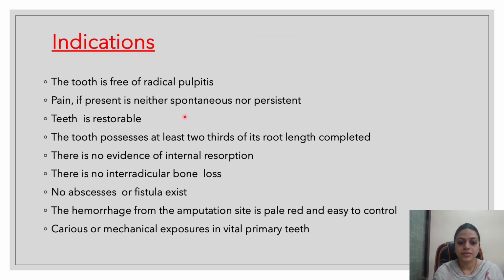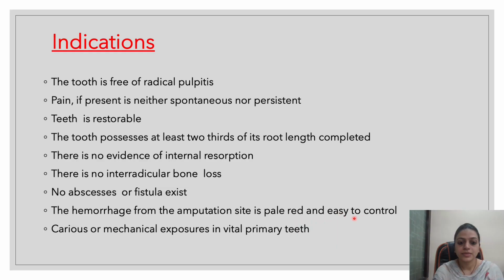The indications are that the tooth has to be free of any kind of radicular pulpitis, that is root pulpitis. Pain, if it is present, should not be spontaneous or persistent. Teeth should be restorable, and the tooth should possess at least two-thirds of its root length, which is complete. There is no evidence of any kind of internal or external resorption. There is no interradicular bone loss, no abscess or fistula, and hemorrhage from the amputation site is pale red, easy